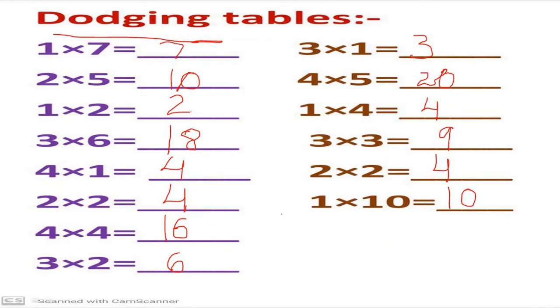We have 7 days in a week, okay? So, if we leave Sunday, from Monday to Saturday, you definitely practice the tables. One day you practice the table of 1, next day the table of 2, after that the table of 3, the table of 4, okay? And inshallah, you will all memorize the tables.